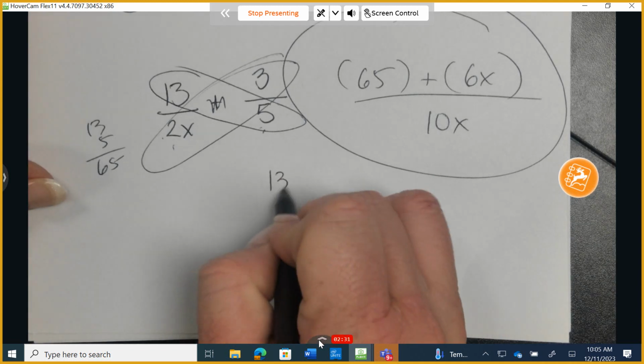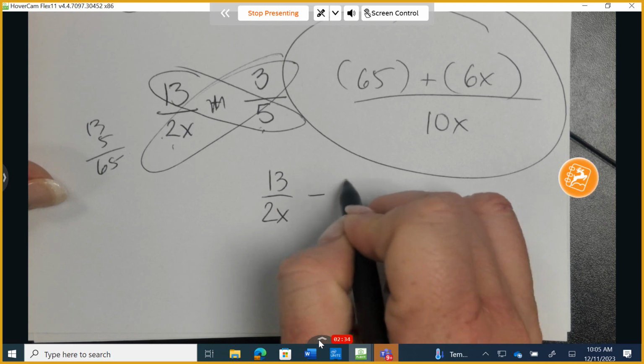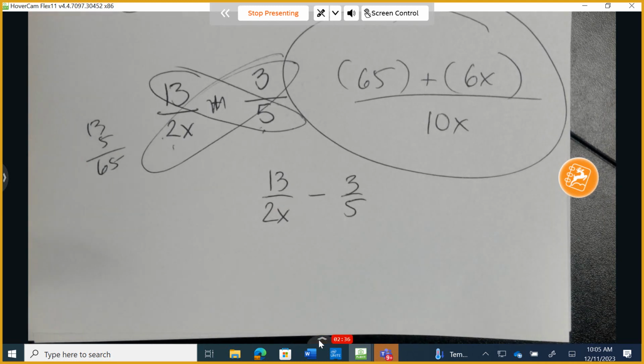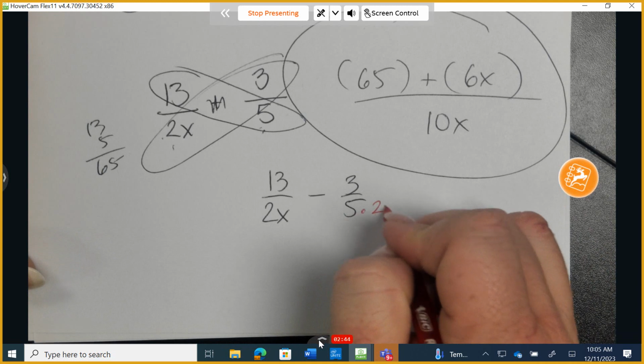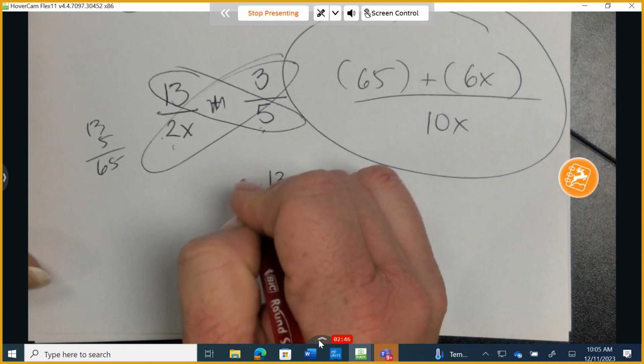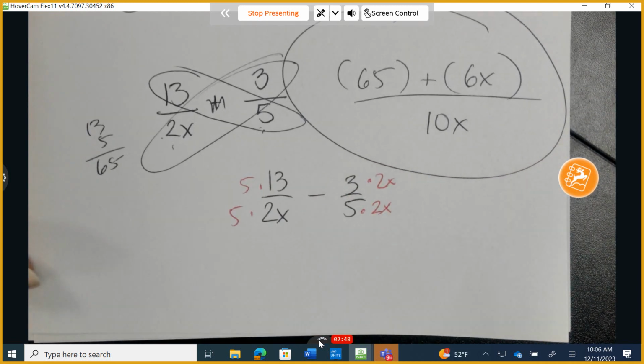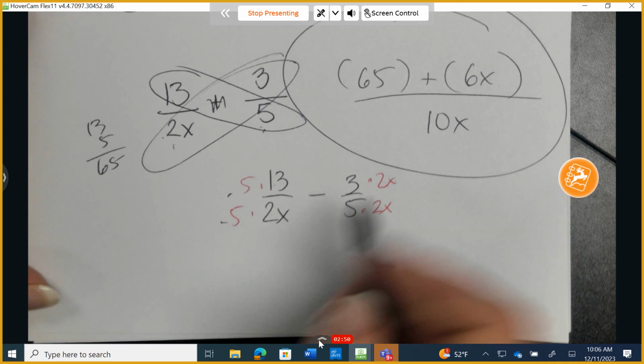Now, is there an alternative to doing this? Yes. If you wanted, you could do something like this. You could look at this and go, okay, I prefer the common denominator route. And I recognize that 10x would be my common denominator, my least common denominator. So I'm going to take this times 2x, and this times 5, and I end up with the same thing. I end up with 65 over 10x,